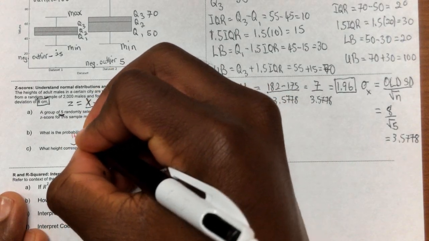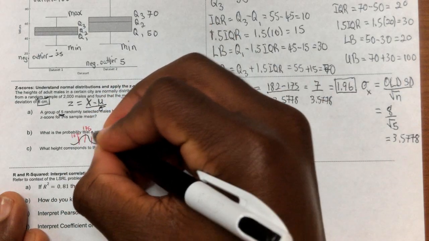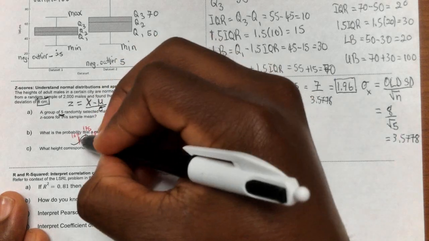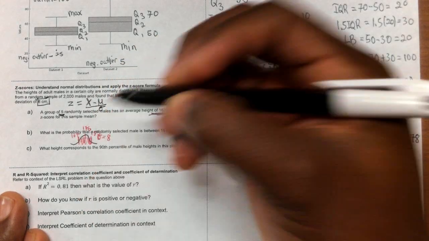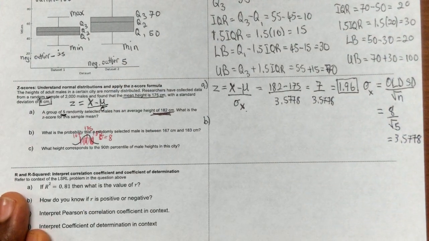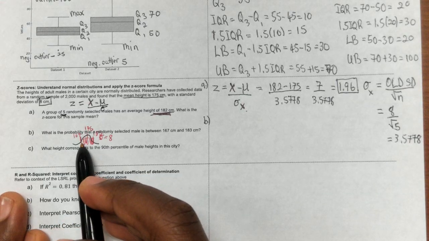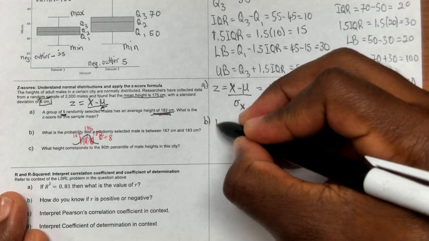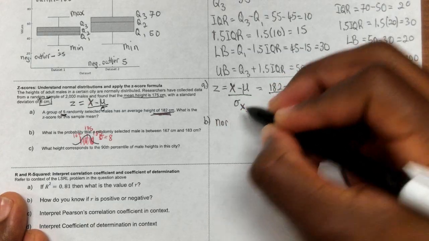So 167 will be here, 183 will be to the right of our mean, okay? So I need to find this area right here, so I need to utilize my norm CDF. Because again, I'm trying to find the cumulative in between 167 and 183. So I would be doing norm CDF